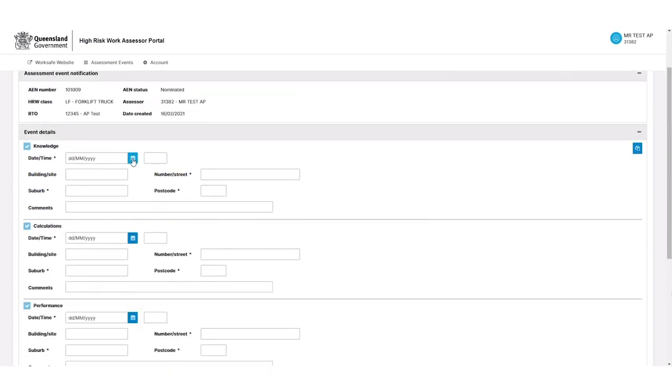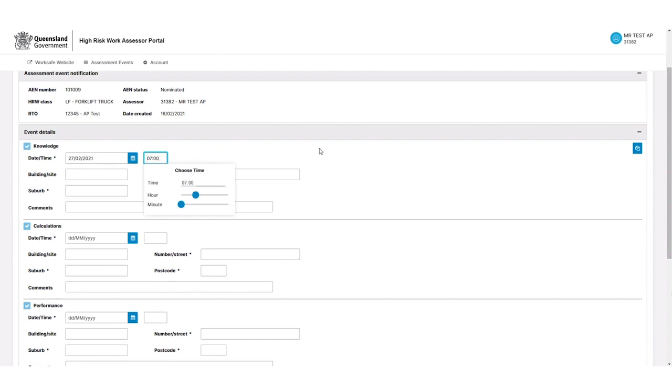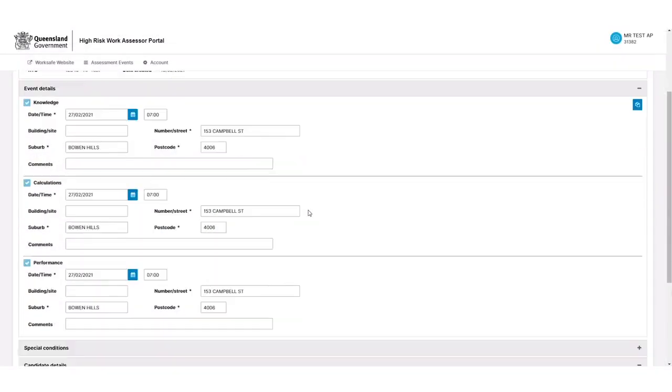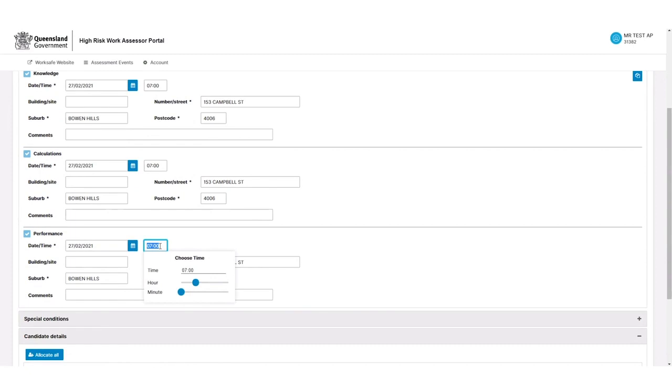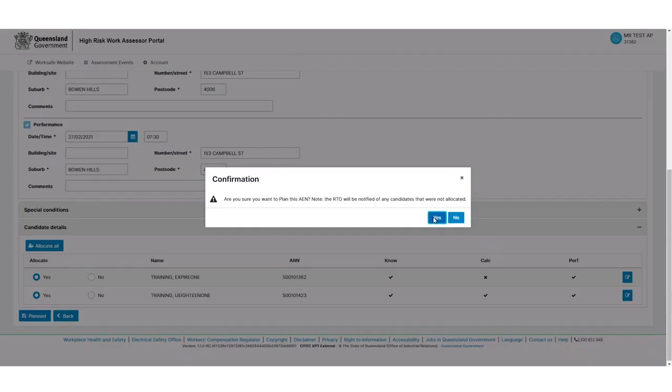So what we'll do now is plan this assessment for the 27th. In this case, this is right on the 3 days where we meet the validations for WHSQ. We'll select a time, put in our address details, and we'll use our copy button to quickly copy the data to our calculations and performance events. In this case, we want the performance starting at 7:30, so we'll make that change. And now if we select yes on both of our candidates and select the plan button, push through our confirmation,